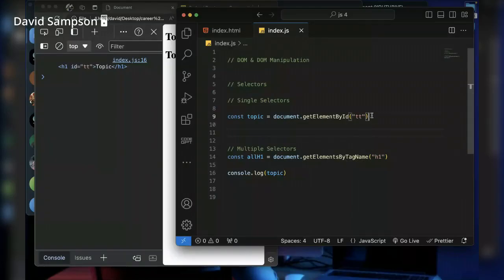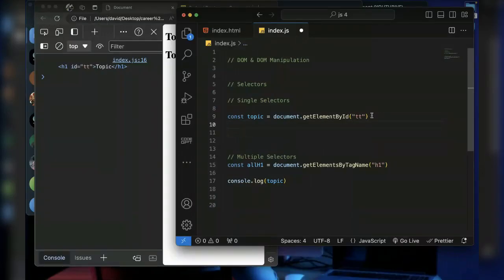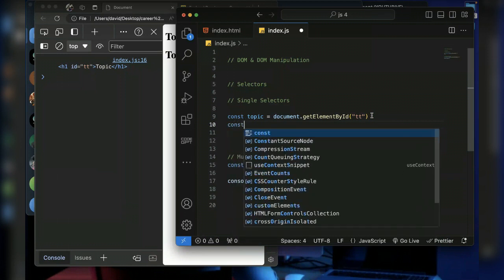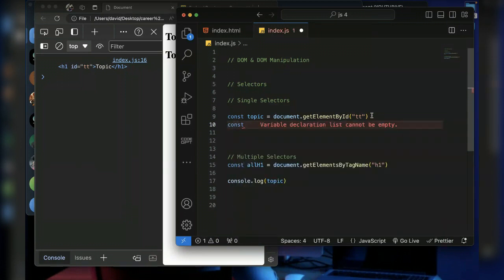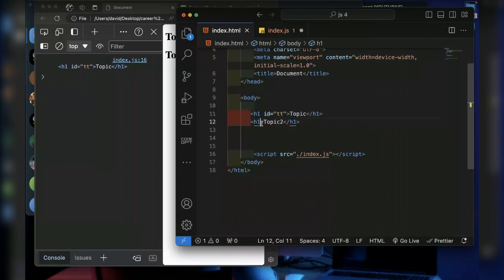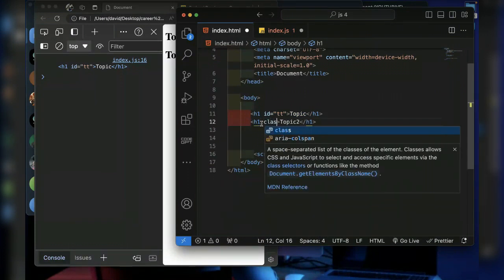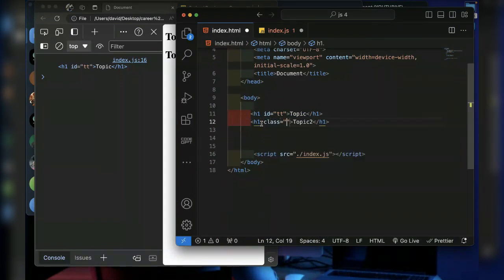Now there is another type of single selector. We can say const, call this one anything, maybe topic2, and set it to be equal to, so here I can give this a class name if I want, class, and I'll give it TTT, that's triple T. I'll save that.